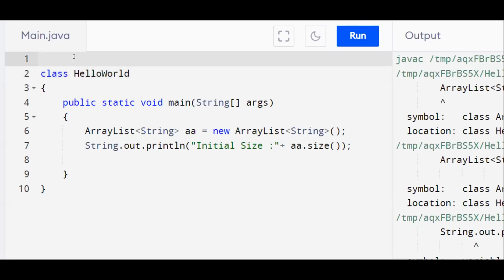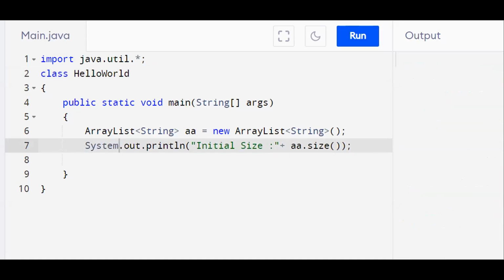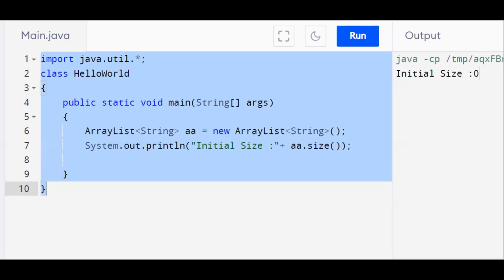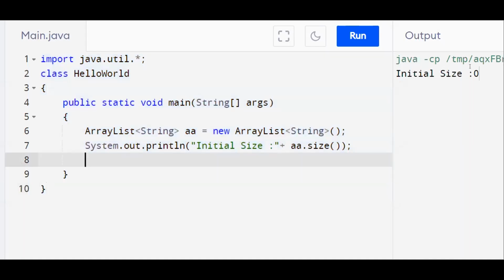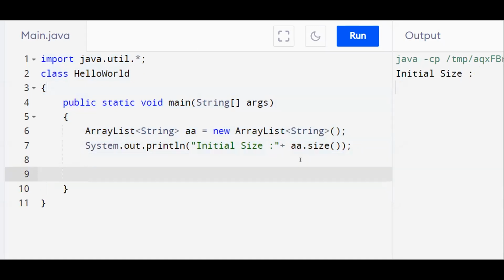We will add the package also, java.util.*. So we got the output, that is initial size is 0. The method to get the size of the ArrayList is size.